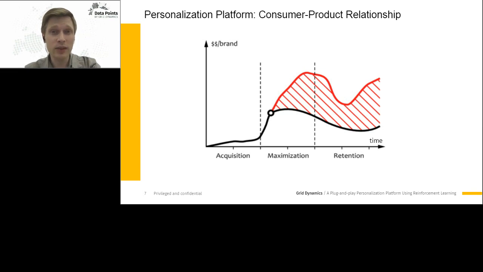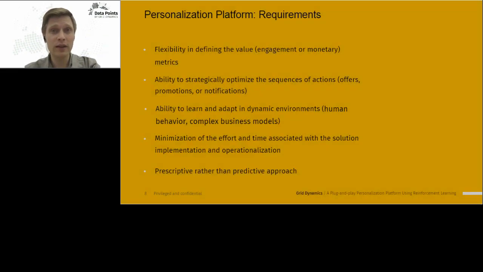Having said that, we can formulate the requirements for the personalization platform. The platform must be flexible in terms of defining the value metrics because they may vary. The platform must provide the ability to strategically optimize the sequences of actions. New trends in user behavior may appear, and the models should be able to adapt to the changes in the dynamic environment. We're also interested in minimization of the effort and time associated with the solution implementation and the operationalization,